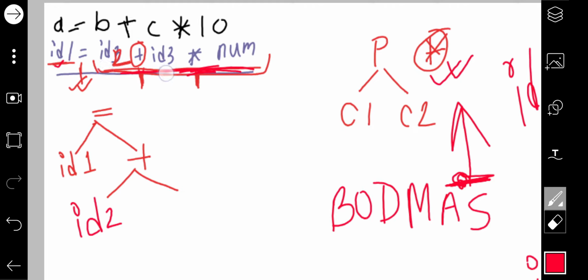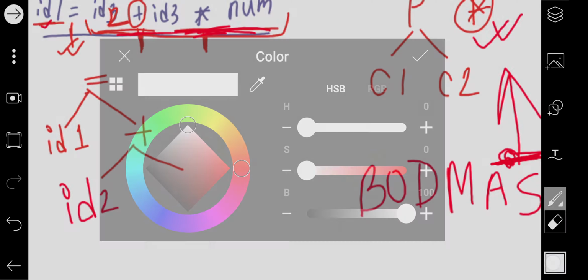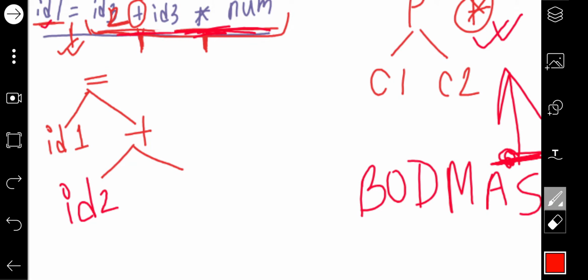Now one child is ID2, and another child is supposed to be ID3, but ID3 is not the exact thing because this operation is happening first. So here the other child will be multiplication.